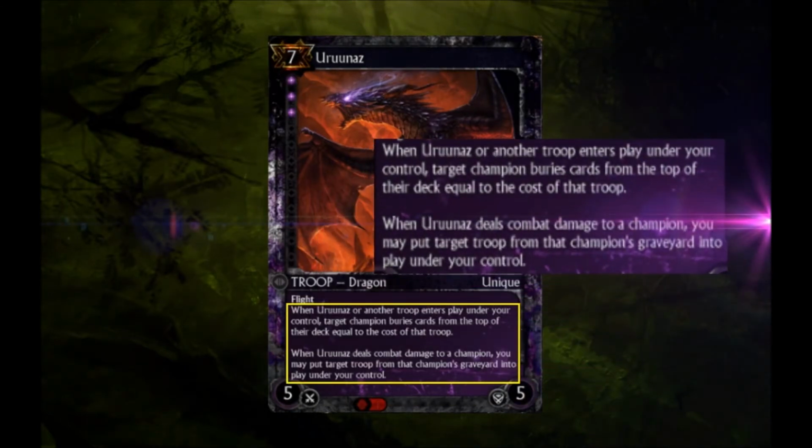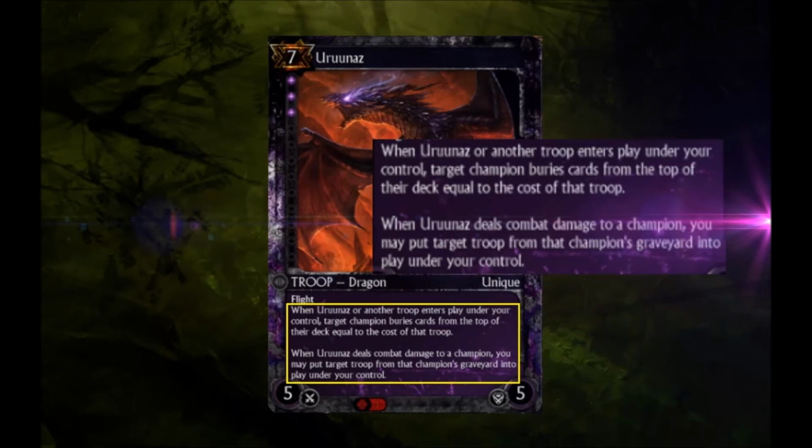When Uruunaz enters play, your opponent immediately buries cards from their deck equal to Uruunaz's current cost. While this card is in play, any other troop that enters play also causes additional mill equal to the troop's current cost. Then, if Uruunaz is ever able to deal combat damage to your opponent, you're able to pull any troop from that champion's graveyard and put it into play under your control, which again triggers the mill effect based